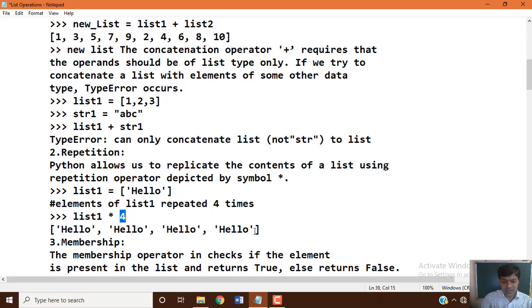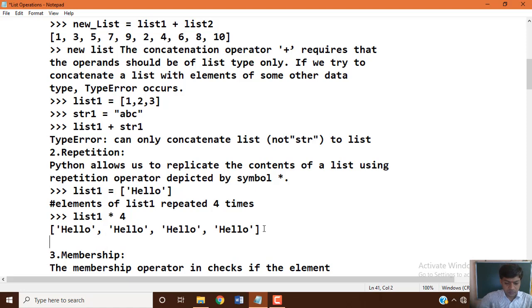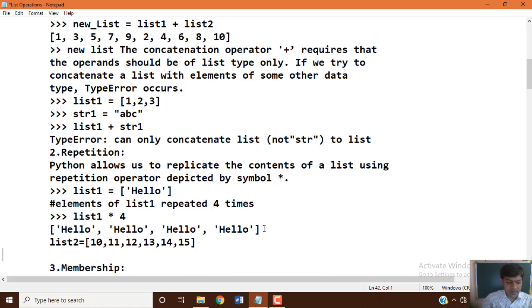Let's take another example. List2 equal to 10, 11, 12, 13, 14, 15. Now you want to perform repetition again here, list2 asterisk symbol 2 times.